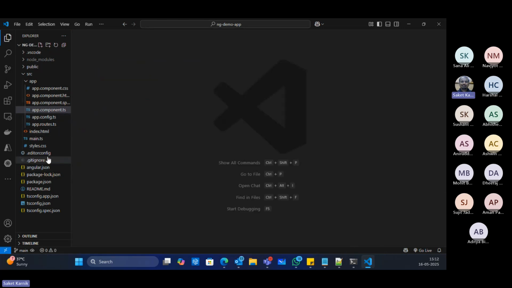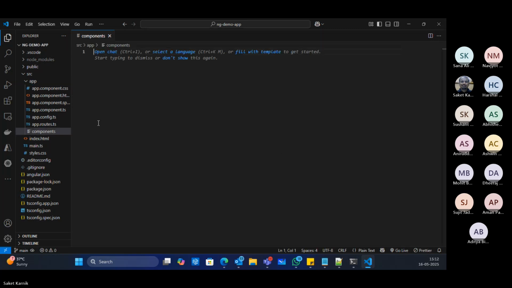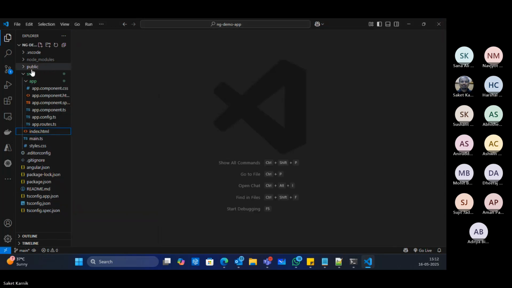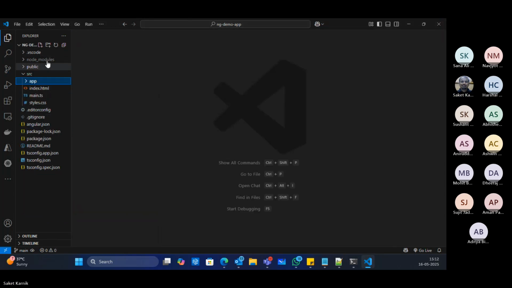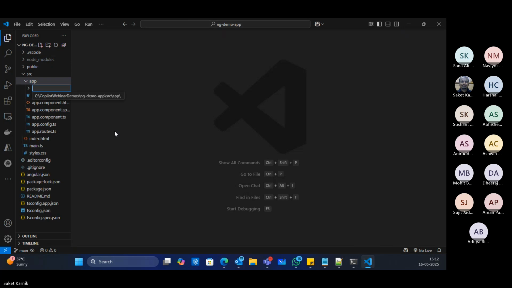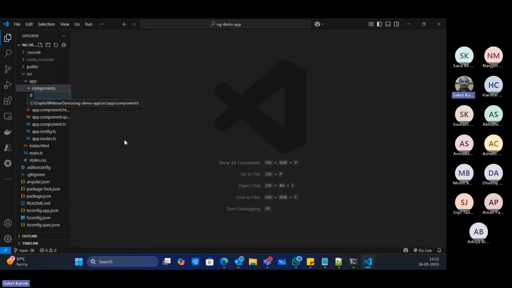Okay, so this is, let me create one folder. And in that, oh, sorry, I just created it as a file. Folder I wanted to create, and then I say new file. Let's say I name this as test component.